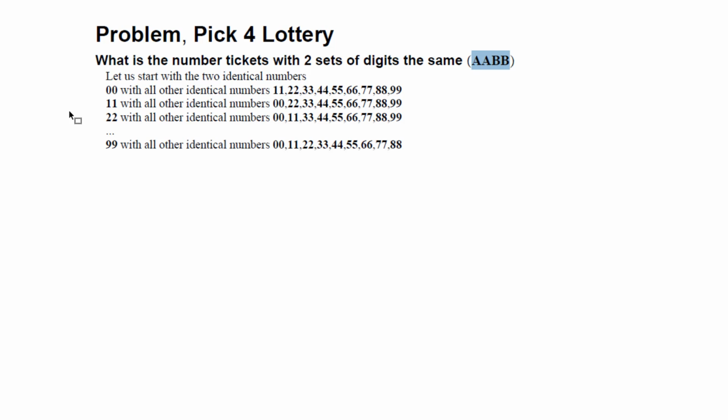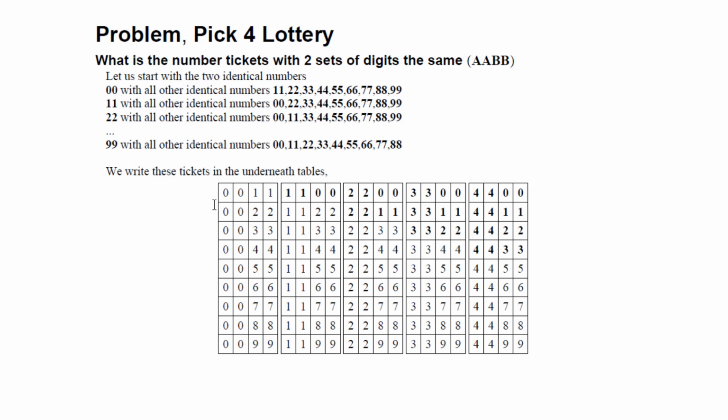AABB? So to do that, we start with 2 identical items 0, 0, and we combine them with the rest of the identical items, which is 1, 1, 2, 2 until 9, 9, and then we start with the 2 identical items 1, 1, and we combine them with the rest, and we end with 2 identical items, which is 9, 9, and we combine them with the rest. So here we have conducted this combination, and